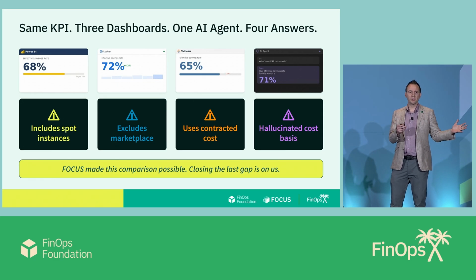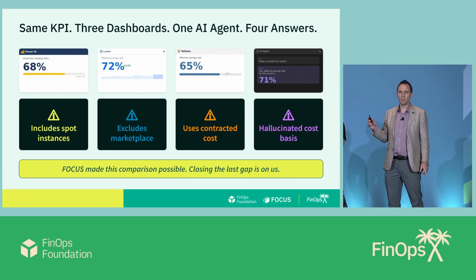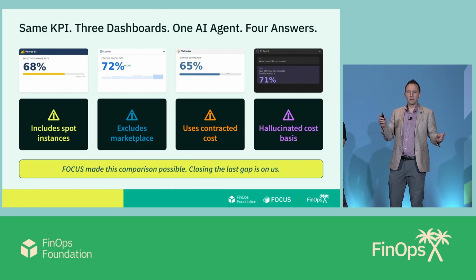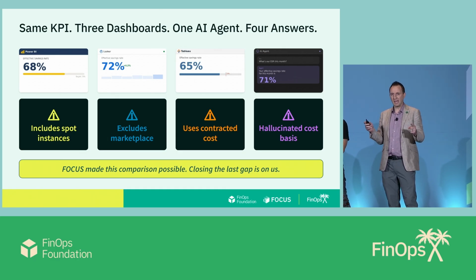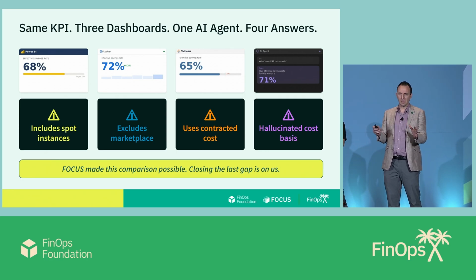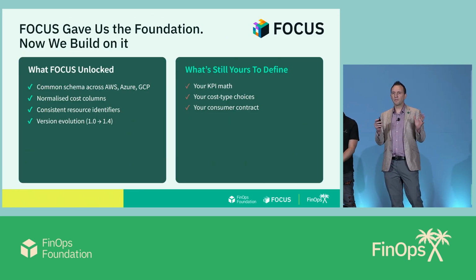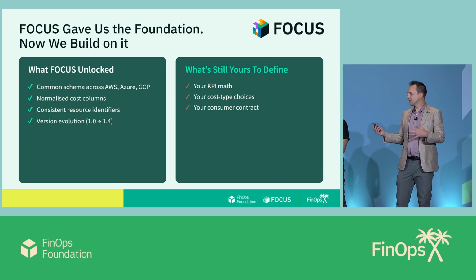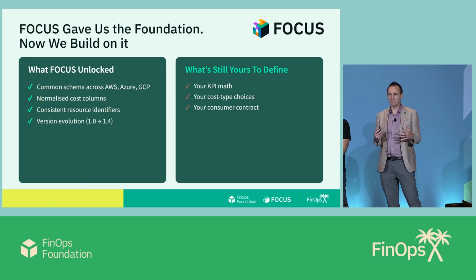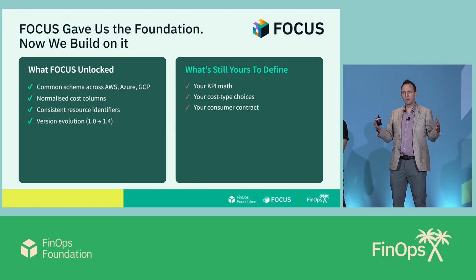So 3 years ago, this problem didn't even exist. This is a very high-class problem to have. Now we can compare data sets and understand that you can get effective savings rate in multiple ways, but you want consistent data, don't we? We don't want hallucinated data. So what did Focus give us? Mike used this phrase when we were discussing this talk: Focus gave us the pantry, the ingredients to be able to calculate these things effectively. It's the same ingredients each time, the same columns.